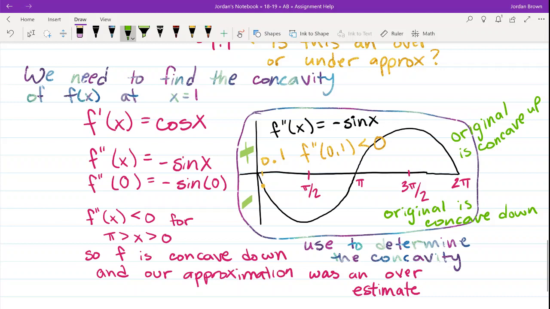So there will be cases where I give you the original function and you can look at the original function to determine where it's concave up or concave down. But there will be other times where I give you the first or second derivative function and tell you to interpret that graph for the original. Correct. Unless it is the original function, you do not pay attention to if it is up or down. Concave up or concave down.